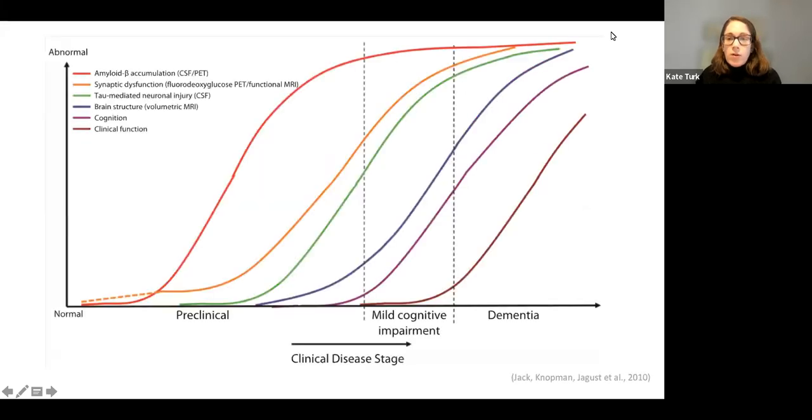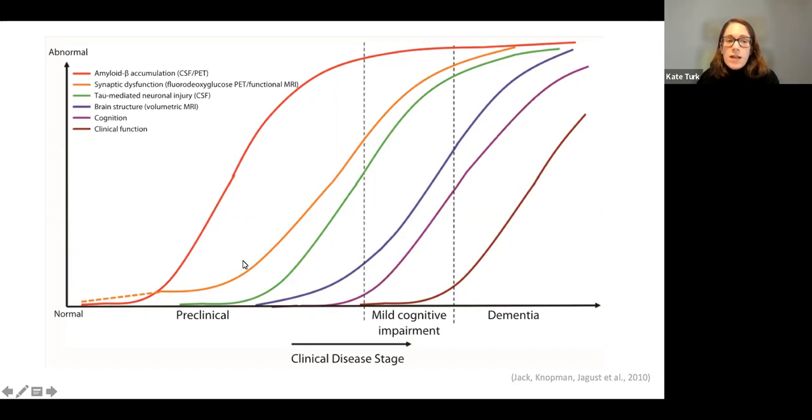So just to review, Alzheimer's disease is thought to result from a cascade of different pathophysiological events. The first is thought to be the accumulation of amyloid beta, which can be measured either in the CSF or using PET scans like amyloid PET scans. And that's represented by this red line here, which is thought to be the first thing happening in a patient's life. And oftentimes it's not detected until many years later when some of these downstream markers start to